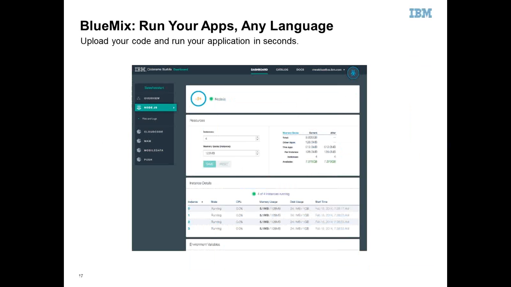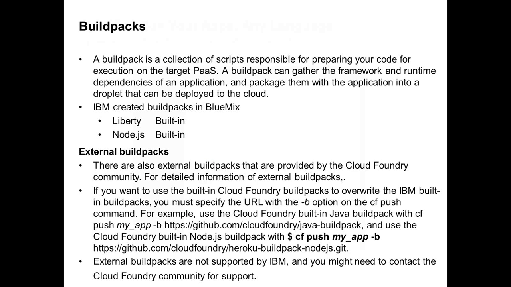You can run applications of any language in BlueMix. It's not just the set of languages that you will see on the BlueMix homepage. You can actually build your own language as part of a build pack. So a build pack defines both the runtime and the language together.